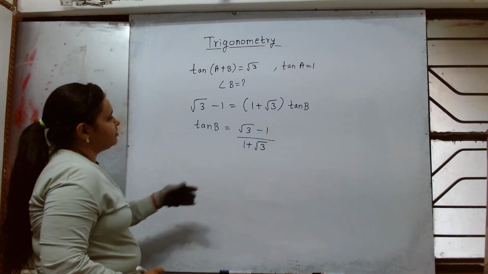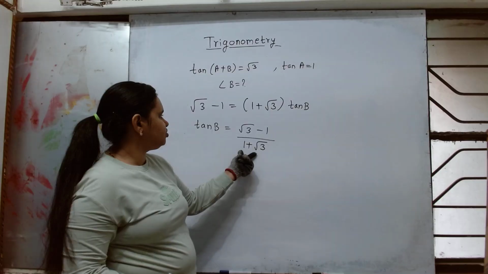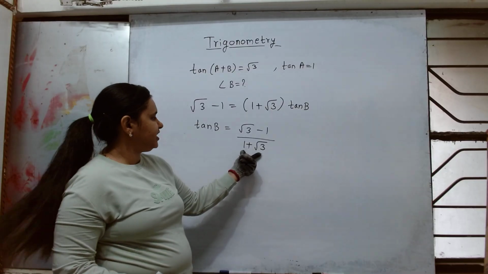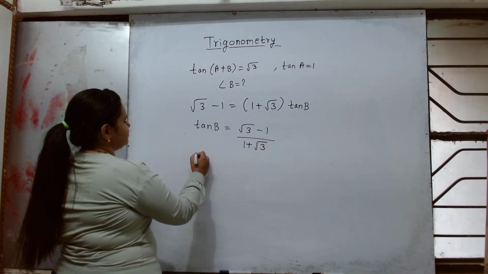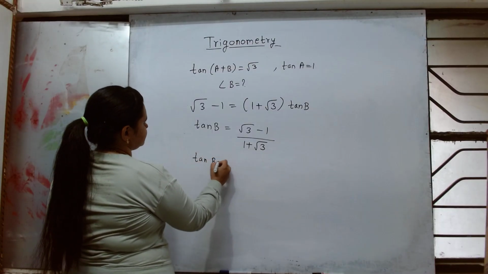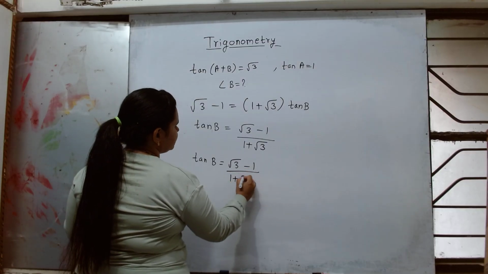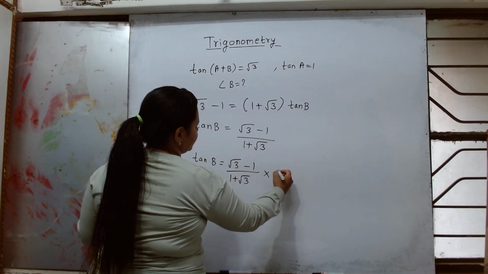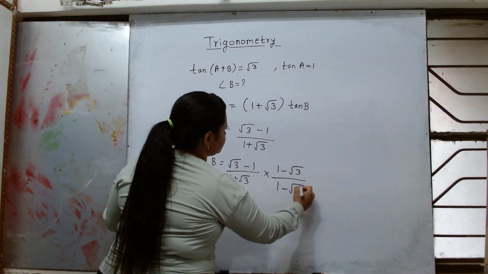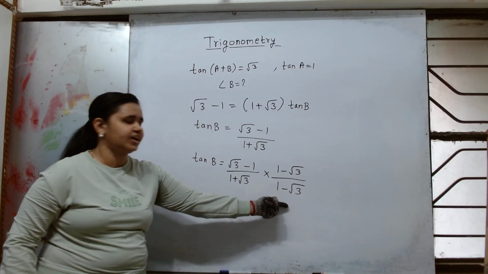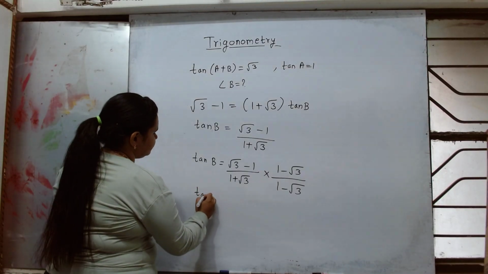Now you have learned the rationalization. What was that? 1 plus root 3. To rationalize the denominator, we have to multiply it by 1 minus root 3. Root 3 minus 1 upon 1 plus root 3 multiplied by 1 minus root 3 upon 1 minus root 3. We are multiplying it to rationalize the denominator. So tan b will be equals to